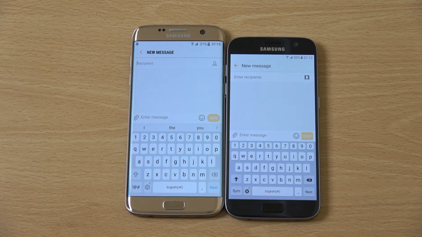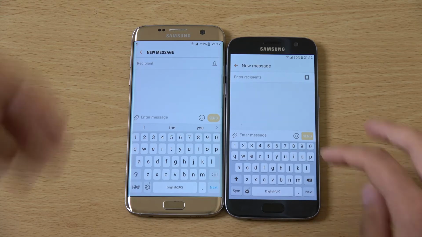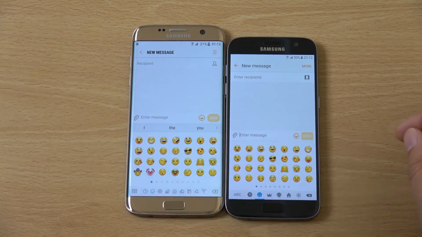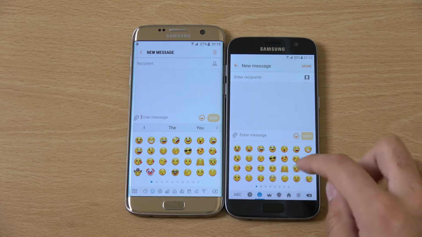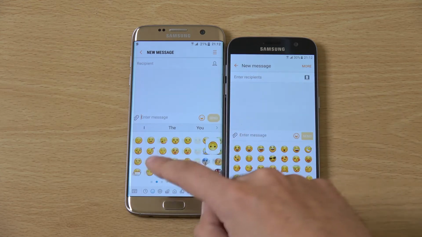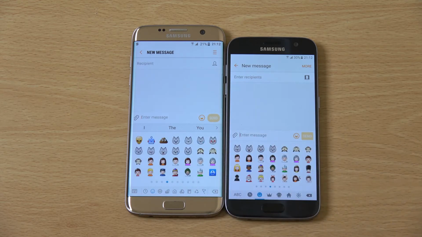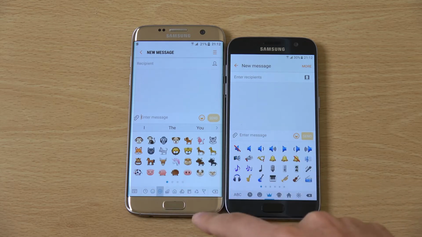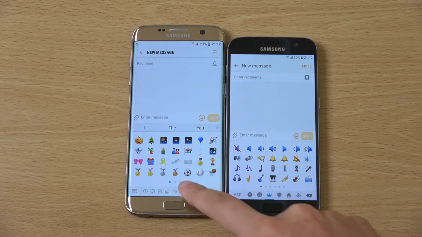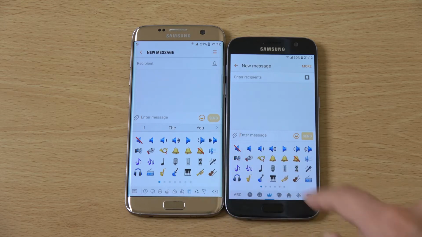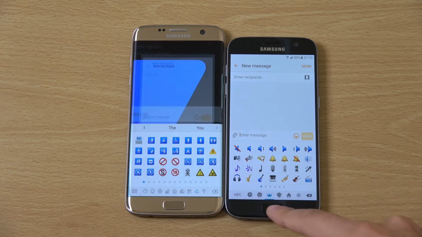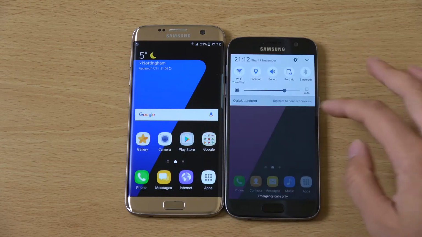buttons here. They look a little bit bigger, particularly when you're typing, and I'm assuming there probably will be some different emojis as well. You can see we do have quite a few here, but probably quite difficult to find them all, but you can definitely see there are some different categories down here with the Nougat version here, so that is quite nice. If we just go out of this and have a look at the actual notification area,